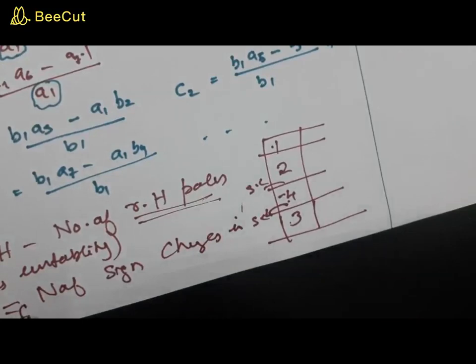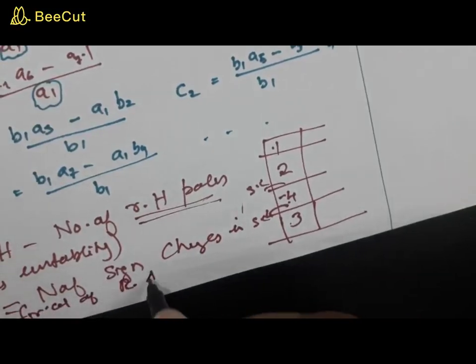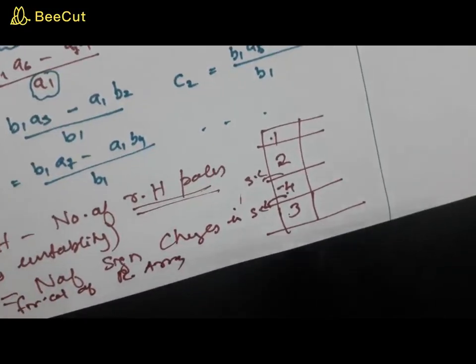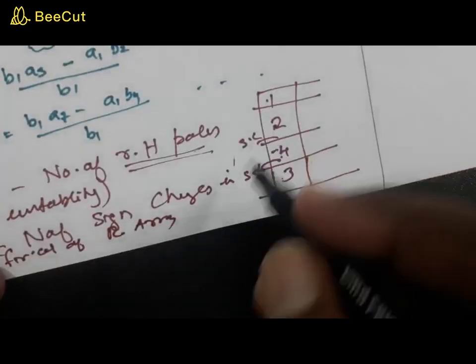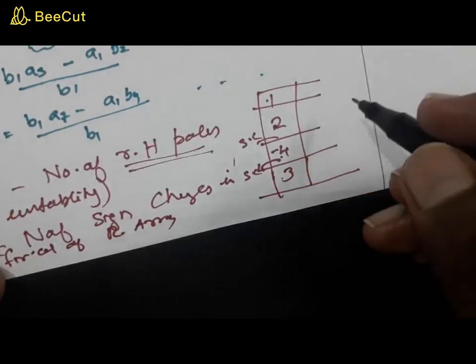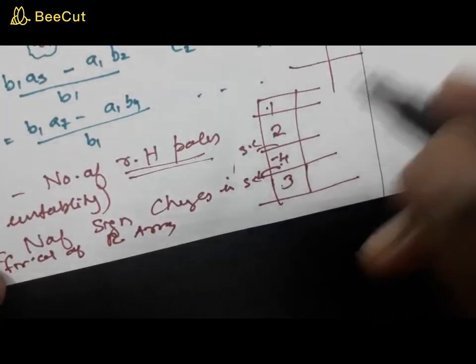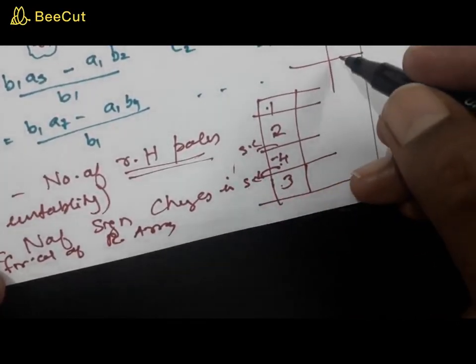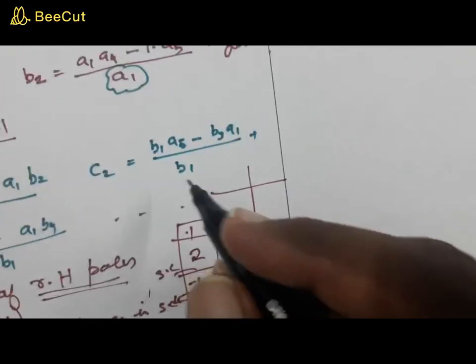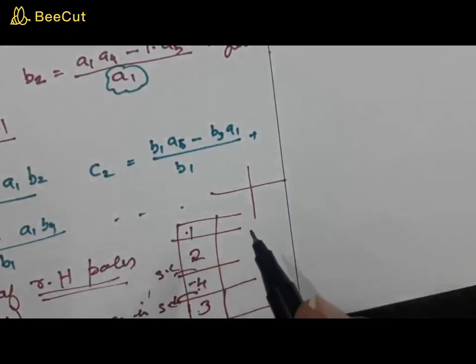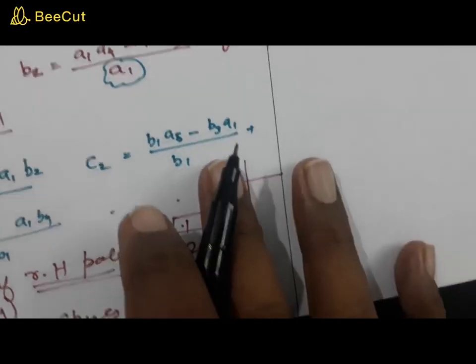sign changes in the first column of the Routh array. So in this example, the number of sign changes is equal to 2. That means on the right half of the S plane, you have 2 poles, and we are not aware of the location. That's why I told you that